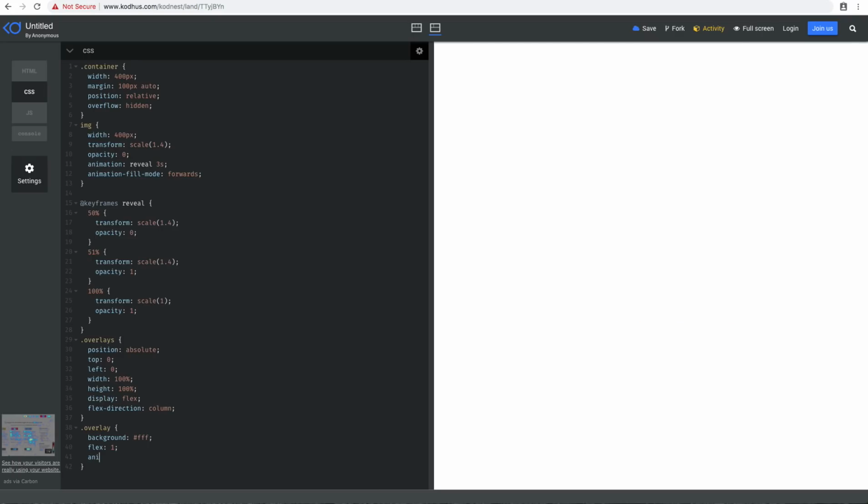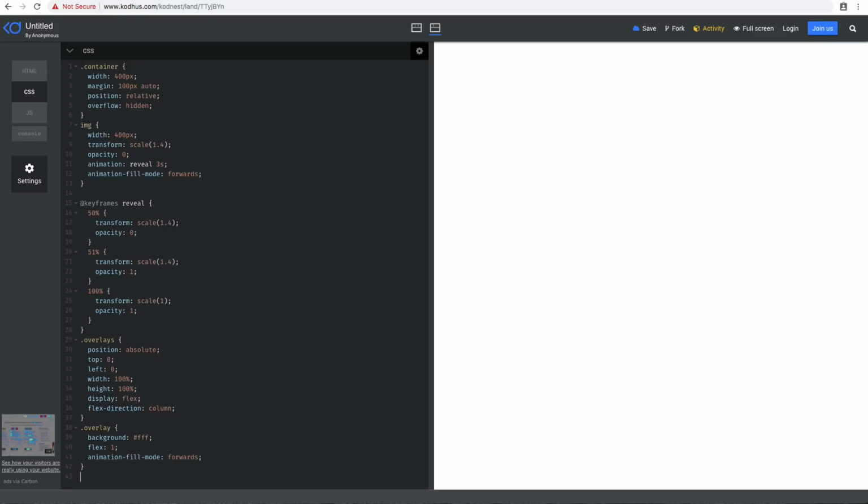and then animation, since we're going to animate these, animation fill mode to be forwards. The reason to put this is because when I animate these, I want them to stay at the ending state of the animation rather than resetting to their original styles, right? So now it's pretty easy. What I'm going to do, I first need to define